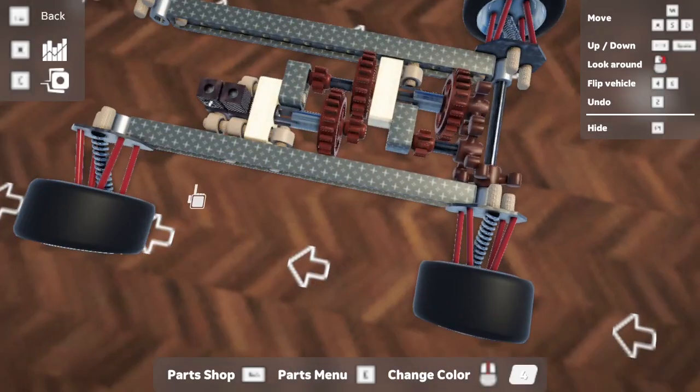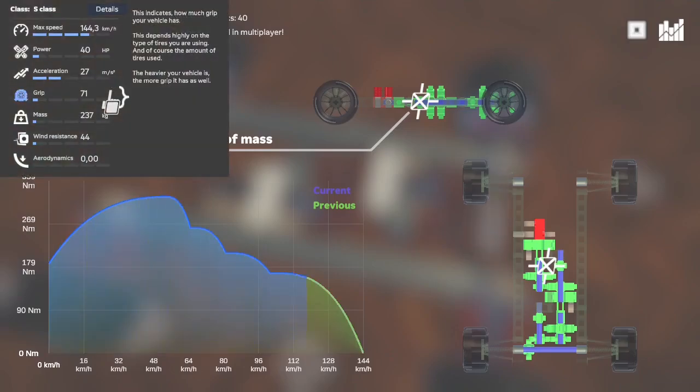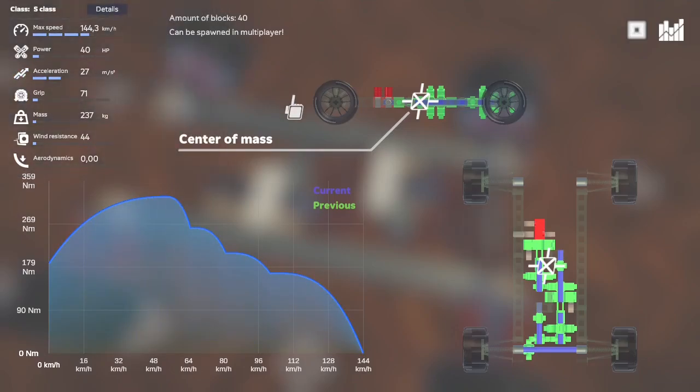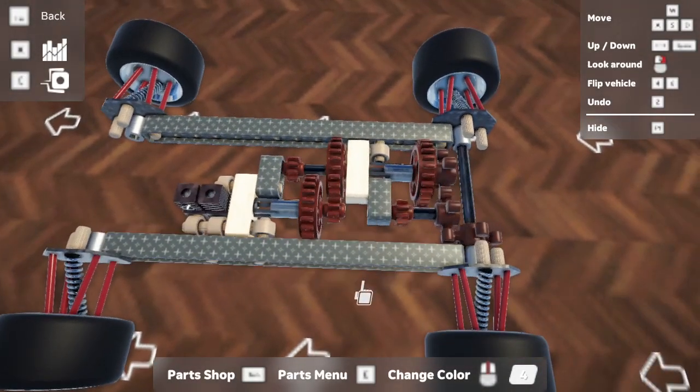Now obviously you can just add more power to it, but 27 is already way more than the 15 we had with the 2-speed, so it's more top end, more acceleration,